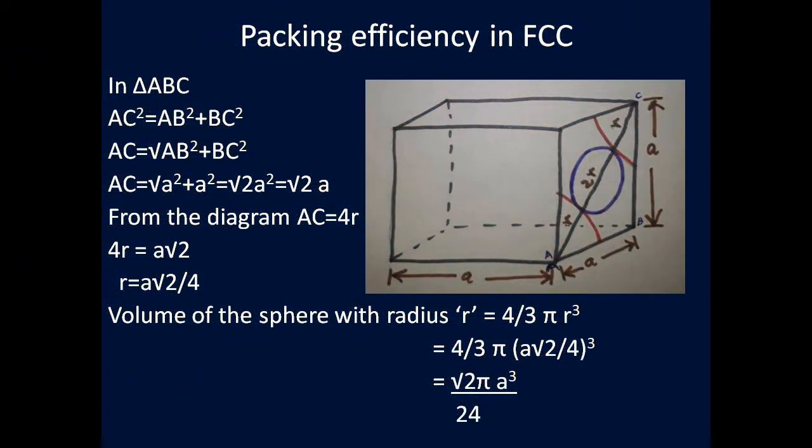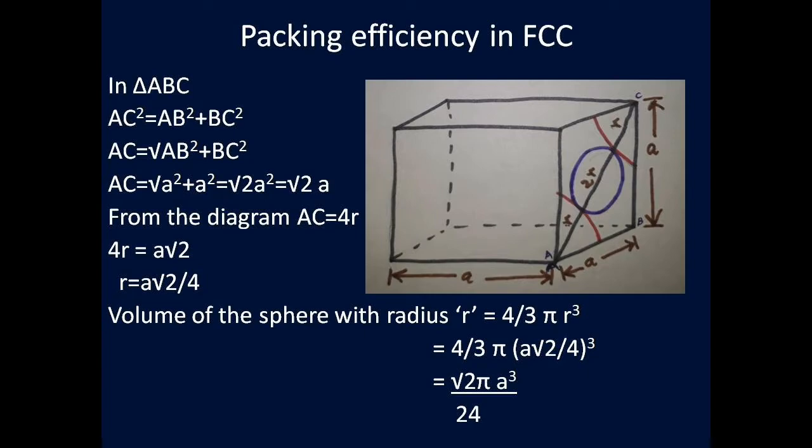Now we are going to measure the packing efficiency of the face center cubic unit cell. In this cubic unit cell, I indicated a blue sphere at the face center and two corner atoms. The two corner atoms have radius r and the central face atom contains 2r. According to our Pythagoras theorem, now we are going to take the triangle ABC. AC squared is equal to AB squared plus BC squared, and the AB value is a and BC value is a from the diagram. So you substitute this value, we get the AC value equal to square root 2 a.